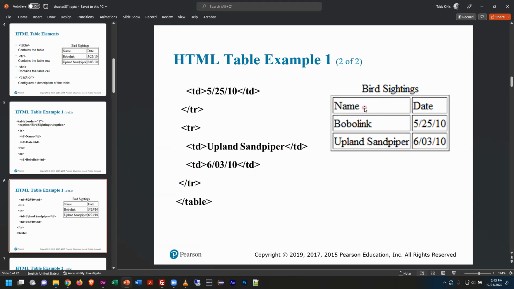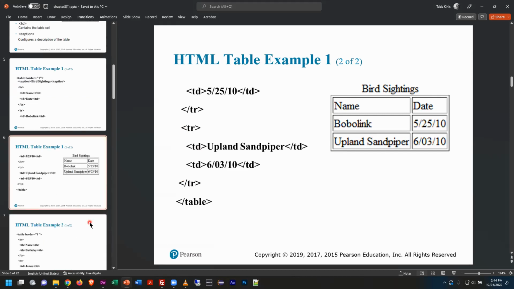So what we end up with is one row, table data, and so on. Each row is defined, the table data is put inside, another row is defined, table data is put inside, another row is defined, table data is put inside. So that's the general